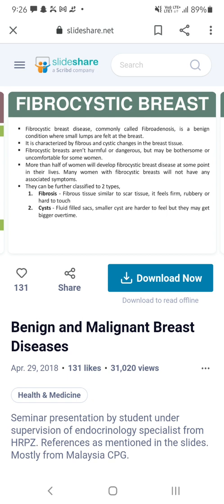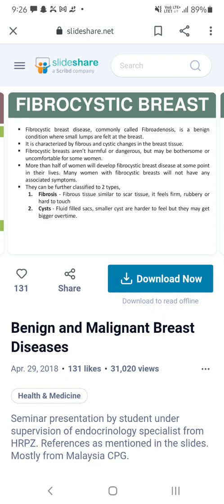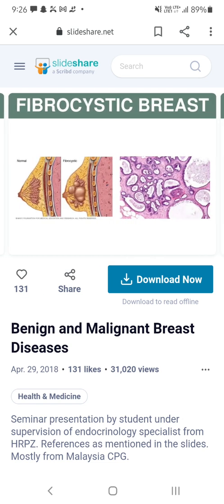So because the breast already has some lobules and a very soft structure, and this cyst is also very soft because it contains fluid, that's why we cannot recognize it in the early stages. When it grows, that time you can assess it. See, like this cyst, fibrocystic,